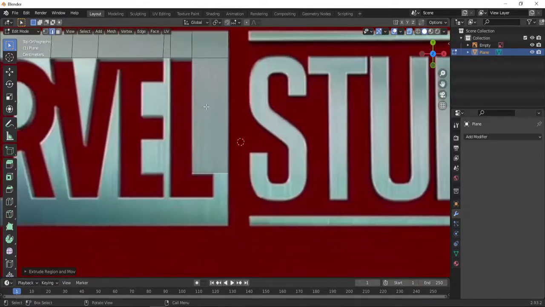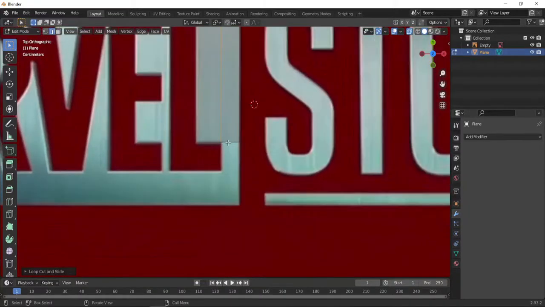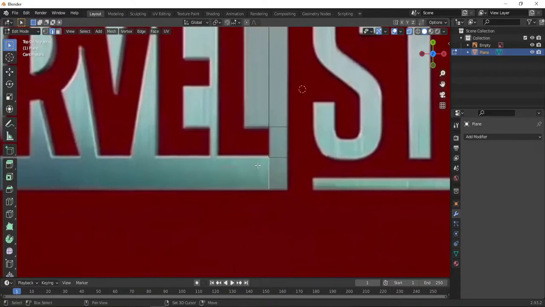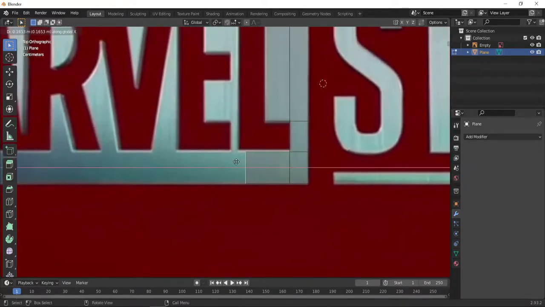Add loop cuts whenever necessary. So in this case, as you can see, I've added a new loop cut here so that I can pull this small thin edge down. Without doing that step, I couldn't have done this. So add the loop cuts whenever it is necessary to pull down a new face as shown in the video.